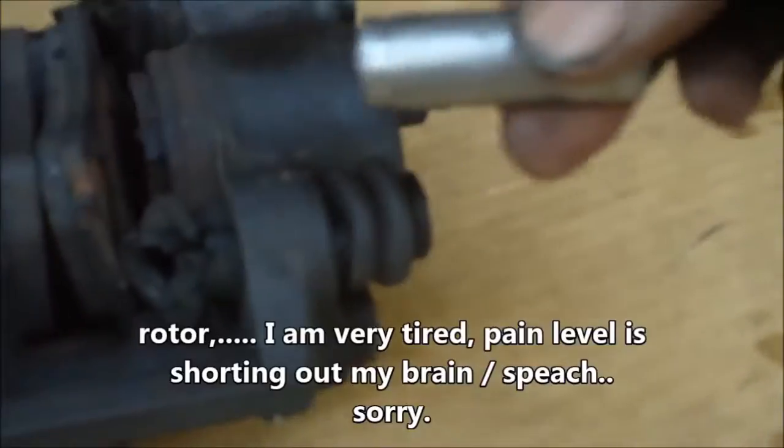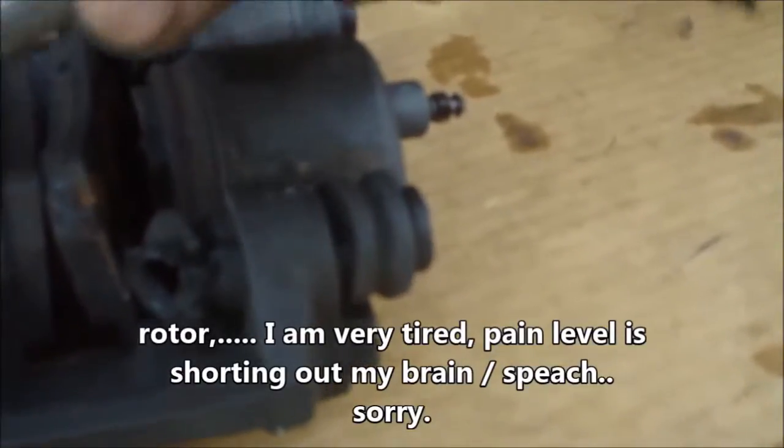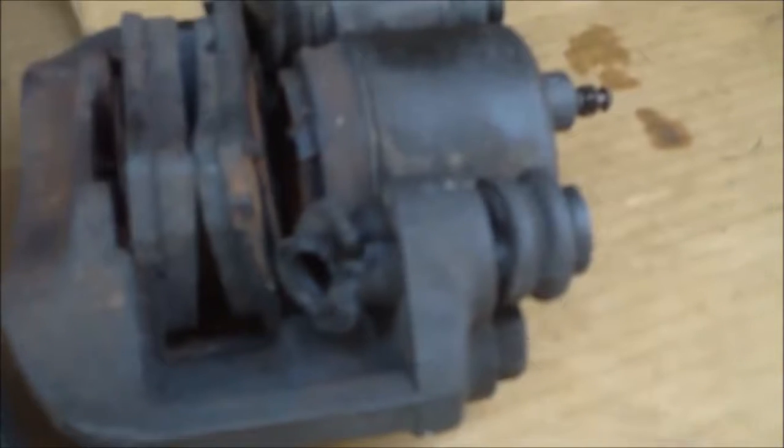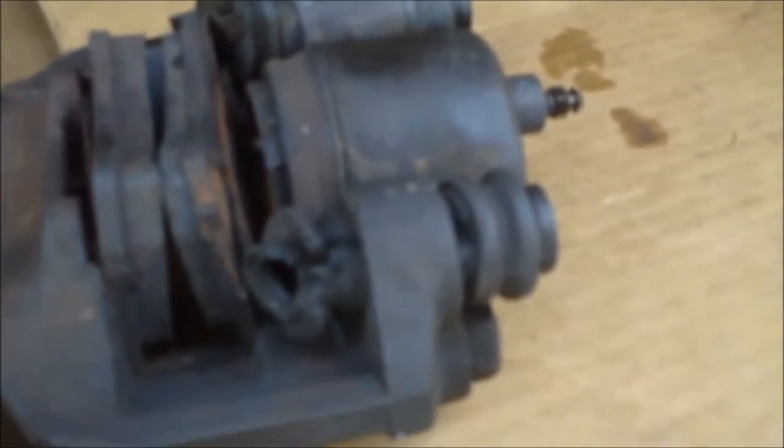that allows the caliper to float back and forth on the rotor. This one was seized, but we were able to get it out pretty easily. The other one was seized too. We basically had to beat it out, and now it's a little deformed, so we had to deburr it and kind of melt it back into shape. But in doing so, I had to, of course, take the